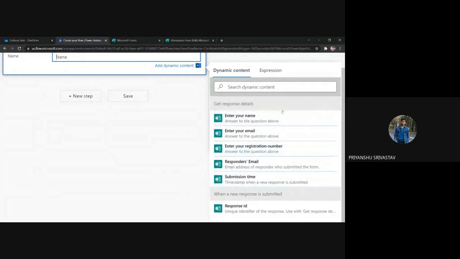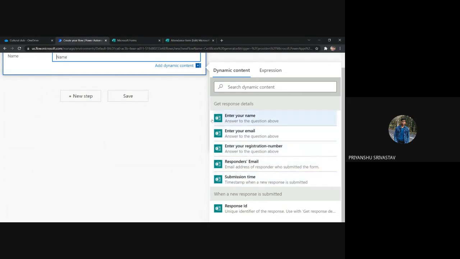So this is where we have to provide the dynamic content, and these are dynamic content that are available for us. And in the get response details block that we had created, it has fetched all the details of the form. So the first dynamic content is the answer to enter your name question. Then we have answer to enter your email, enter your registration number, respondent's email, submission time.